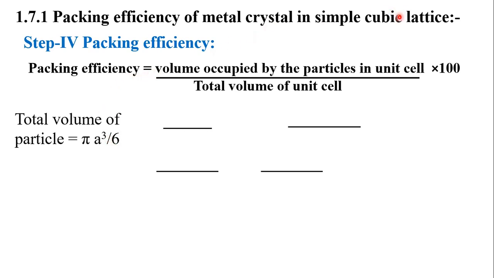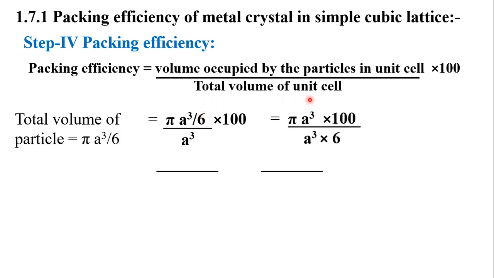That is, in simple cubic unit cell only one particle is there. And therefore, if you substitute these values, the volume occupied by the particles in unit cell is equal to, here only one particle is there, therefore pi into a cube divided by 6, and the total volume of unit cell